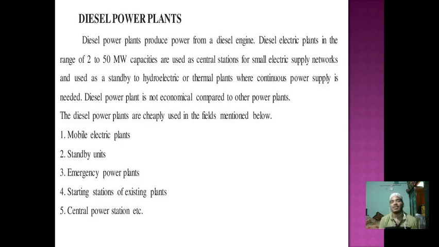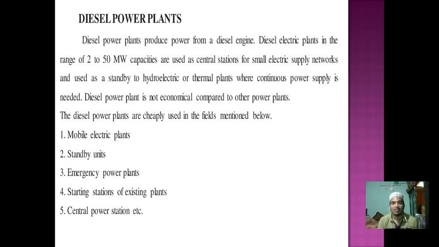Diesel power plant. What is a diesel power plant? A diesel power plant is one of the power plants that produces power energy from the source of diesel. Here we are using the fuel diesel. In that diesel power plant we are placing the